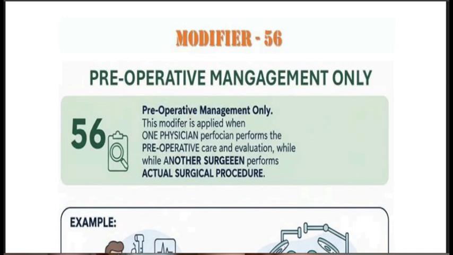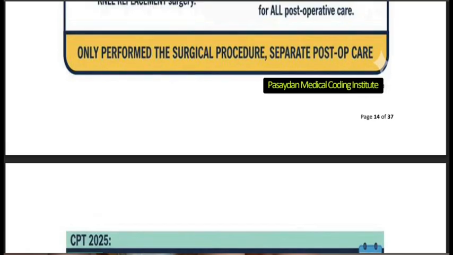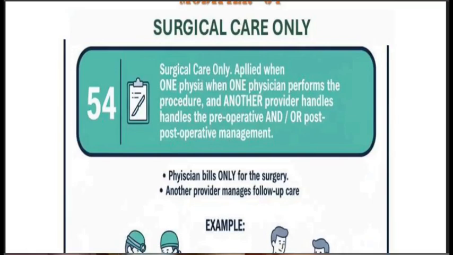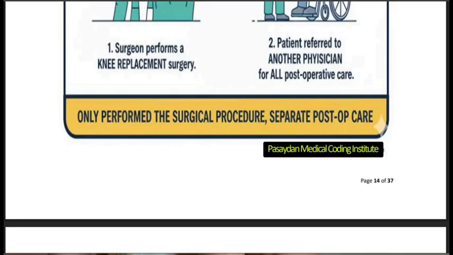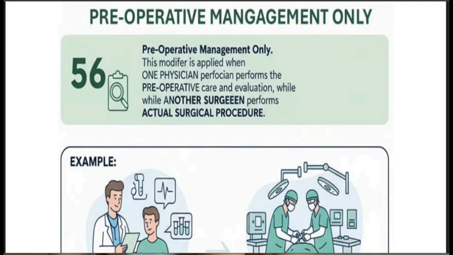Next is modifier 56, pre-operative management only. In this case the physician is only performing the pre-operative management. So for the different parts of the surgery care, we have modifier 56 for the pre-operative management, 55 for the post-operative management, and 54 for the surgical care only. So remember, 54 for surgical care, 55 for post-operative, and 56 for the